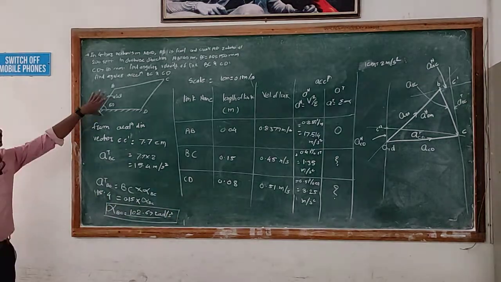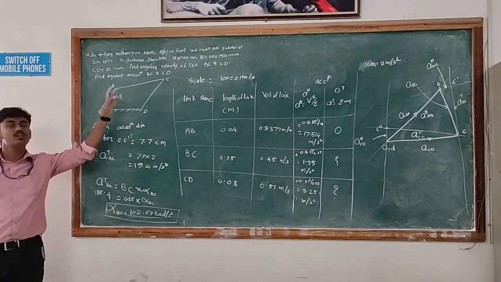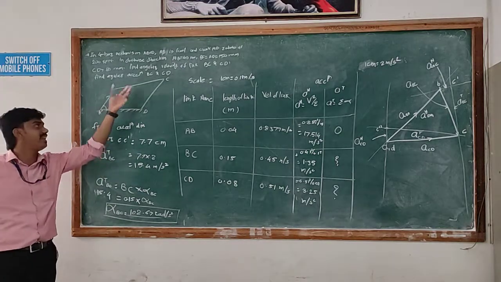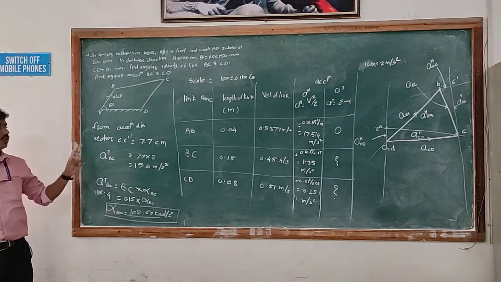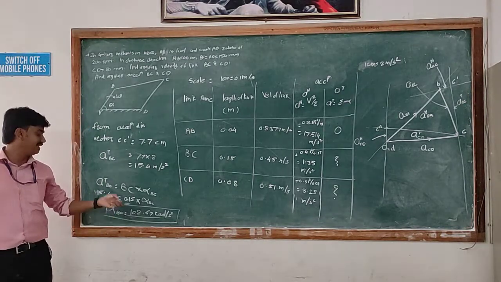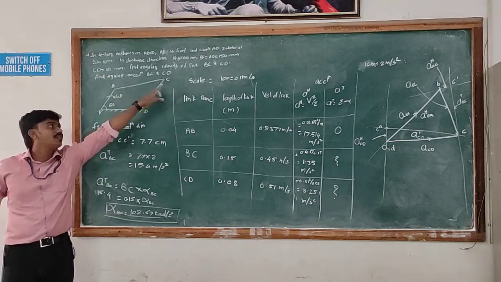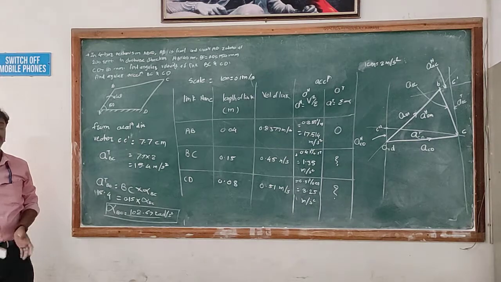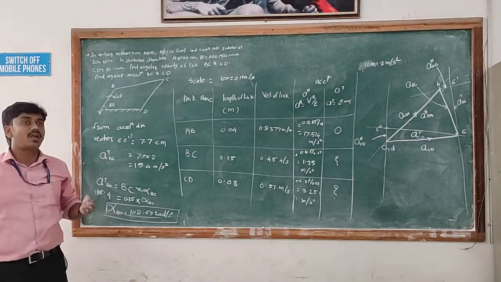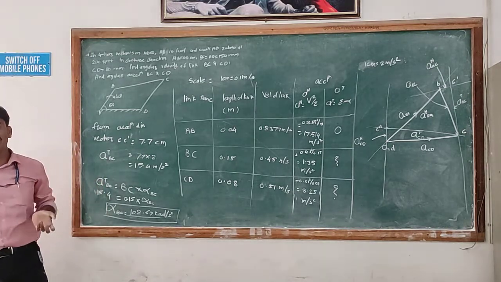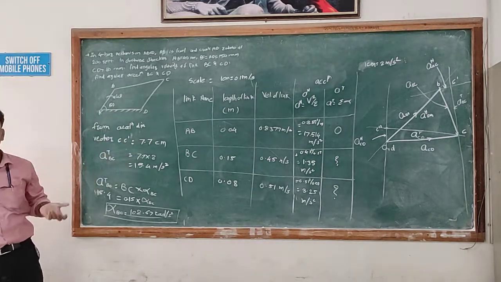So this is the total solution of our problem, that is, to find the angular velocity of the links BC and CD and the angular acceleration of the links BC and CD. The angular acceleration of the link BC is 102.67 radian per second square and the angular acceleration of the link CD is 210 radian per second square. Similarly, in this way we can find the angular acceleration of any link using the relative velocity method. This method is called the relative velocity method.